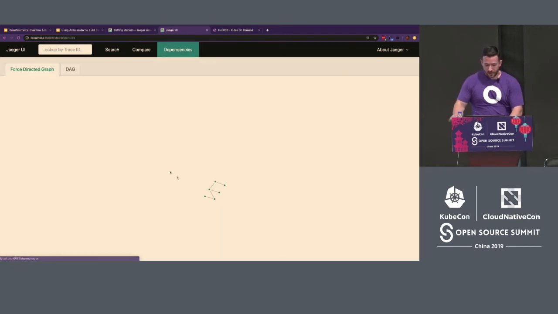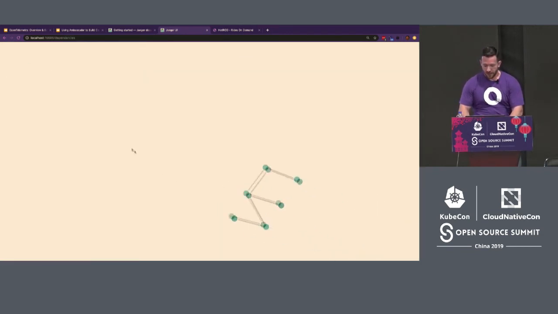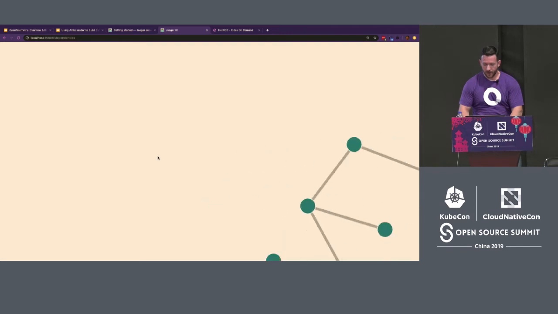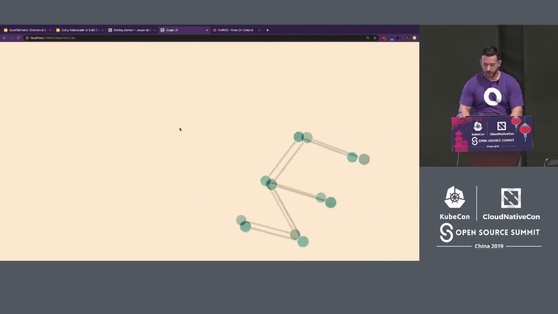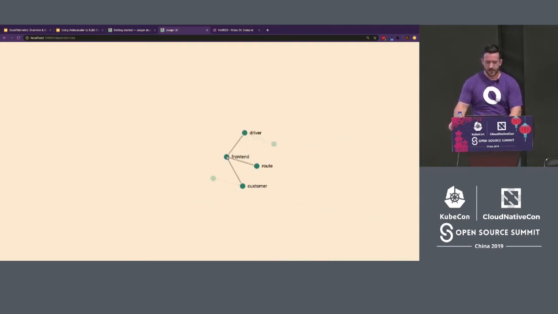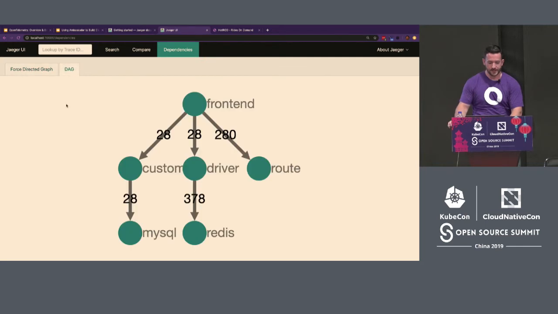Now, from a distributed trace, I mentioned that you can actually build a topology. So for example, here is what the Hotrod app looks like visually. Each of these represents a different service node, and hovering over it tells you the call paths of them. In addition, it provides a DAG of that same exact infrastructure. So again, you can see here you have a front end which calls the customer, driver, and route microservices. The customer one is backed by a MySQL database. The driver one has a Redis cache in front of it.